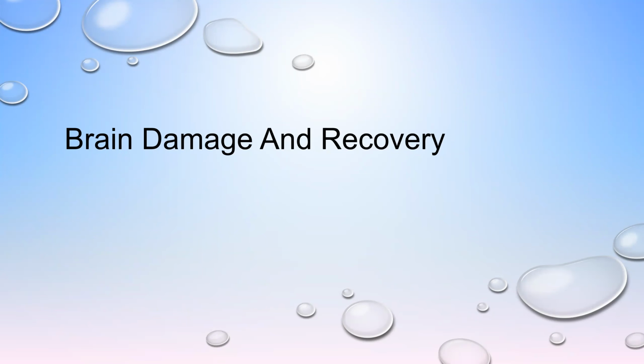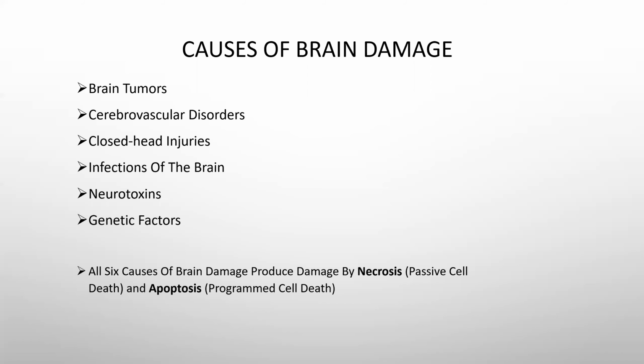For this lecture, we are going to discuss brain damage and recovery. So some of the causes of brain damage that we're going to focus on in this lecture are brain tumors, cerebrovascular disorders, closed head injuries, infections of the brain, neurotoxins, and then genetic factors. Okay? All 6 of these types of brain damage